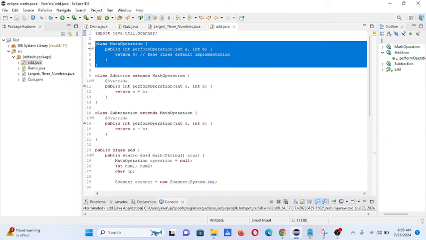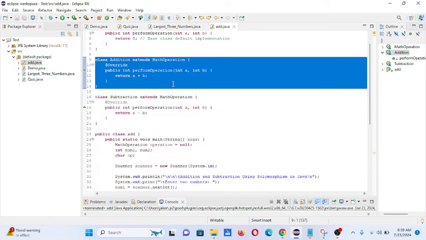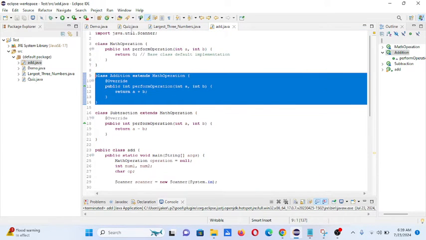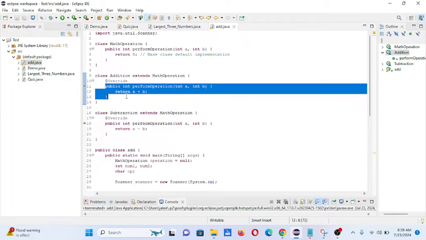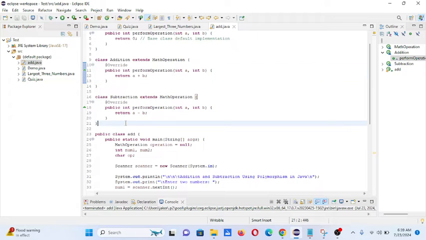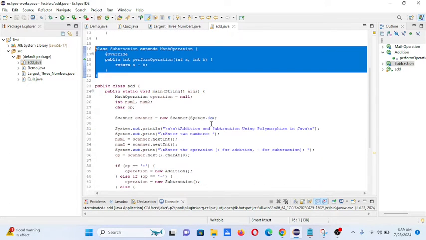So we have here a class. We just have a walkthrough math operation perform. We have two parameters A and B. It has a data type of integer, base class default implementation. And then we have here a class Addition which extends the MathOperation class. So here we perform addition. In this line of code, we extend again because of the parameters. This time, Subtraction to subtract the difference between two numbers.